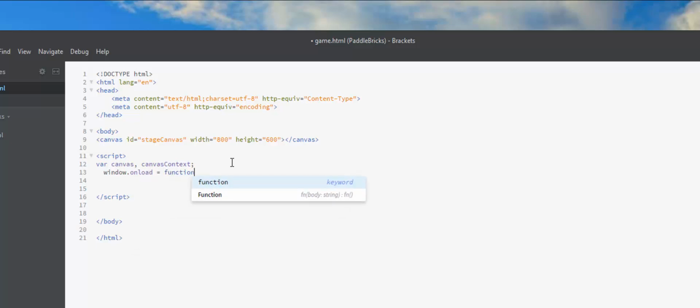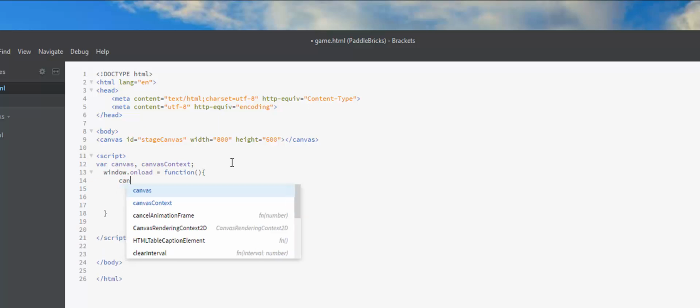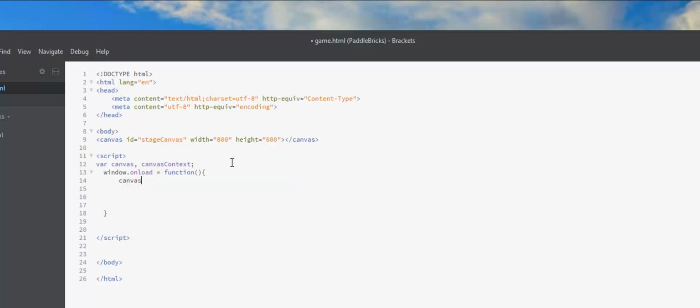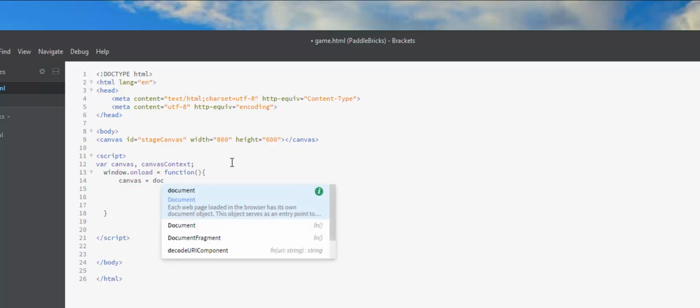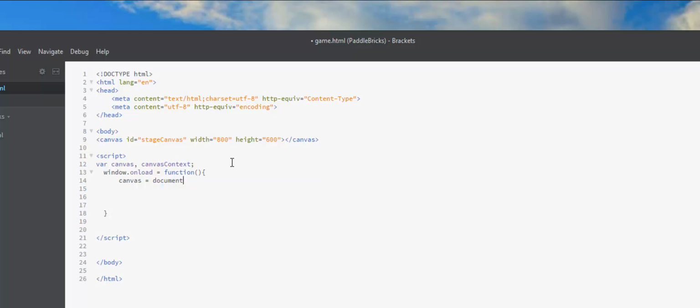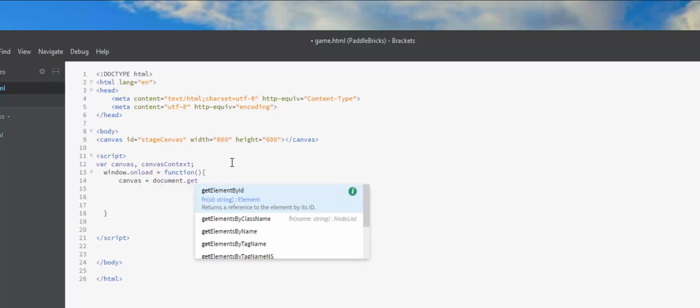Create a function, and then I'm going to open and close this function, and inside of this function I'm going to type canvas, and that canvas equals, going to pull from the document, and that's going to be get element by